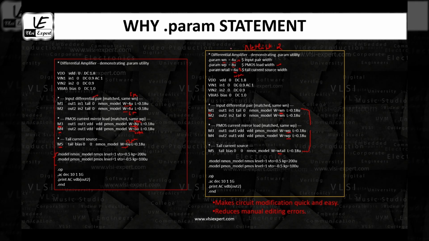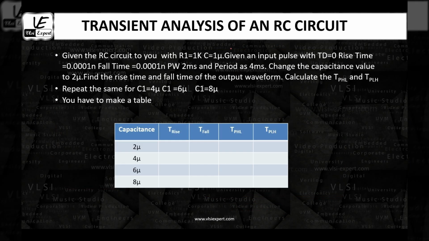Okay, now let's move further. To explain to you the concept of the parametric sweep and how the .param statement helps me in that, I will be taking up an example with you. The example says: given an RC circuit with R1 equal to 1 kilo ohm, C equal to 1 micron, given an input pulse with TD equal to 0, rise time 0.0001 nanosecond,